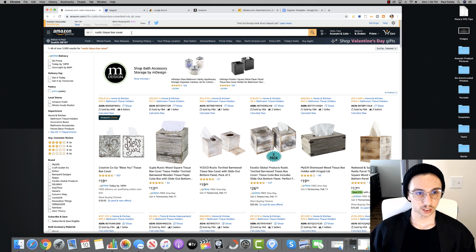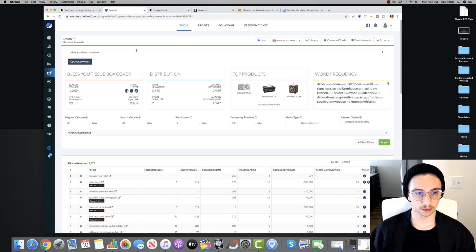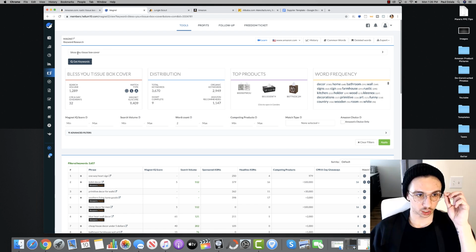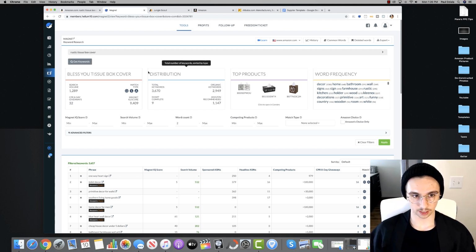So rustic tissue box cover, we've just searched that on Amazon here, and here's the results. Now I was playing around with how we can get the best search term for this because, well, I kind of just gave it away. But rustic tissue box cover, let's just keep this number in mind. So 1,300 for Bless You tissue box cover, and we'll touch on that in a second. We go rustic tissue box cover,